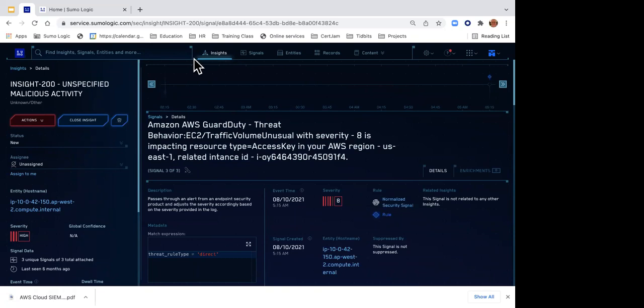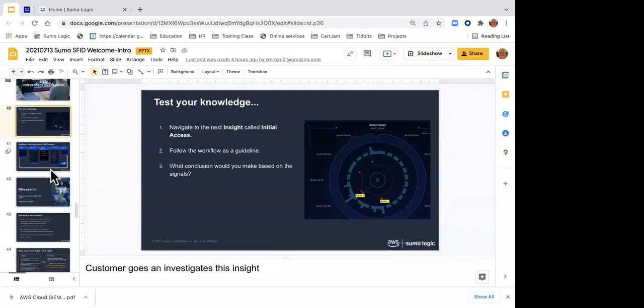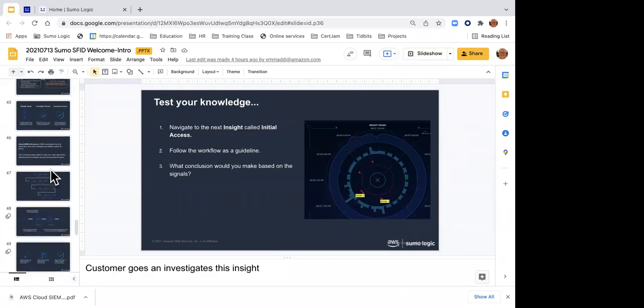So I hope that you all had a chance to see today so far all the cool things that we can do with these Cloud SIEM solutions powered by AWS. Okay, both the Cloud SIEM and the Cloud SIEM Advanced. Now, let me wrap things up here a little bit, and let's take care of a couple little odds and ends. And basically, we will wrap it up and send you all on your way.